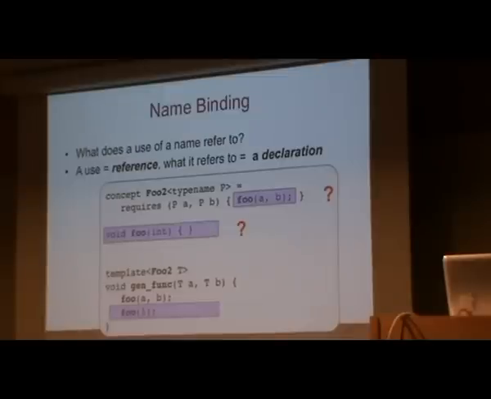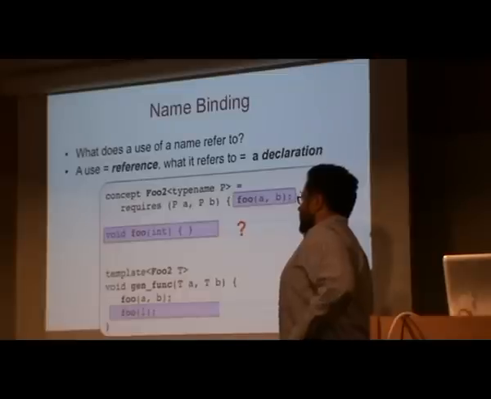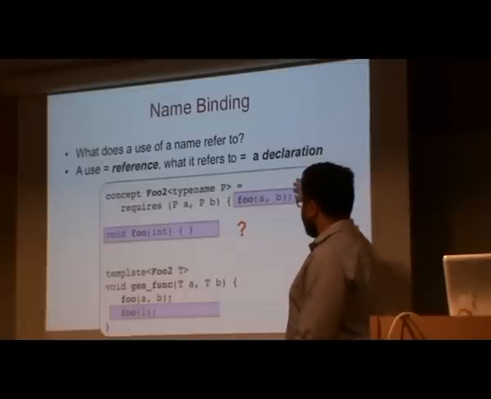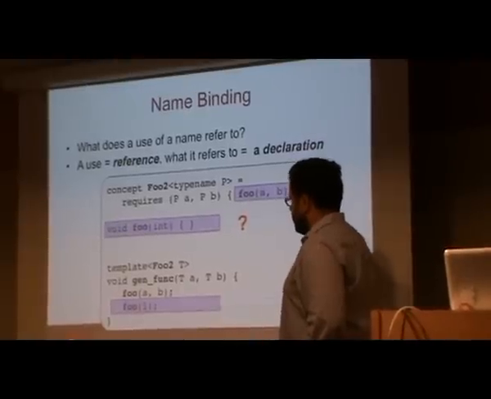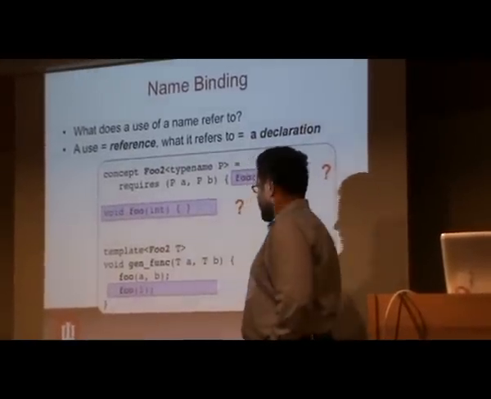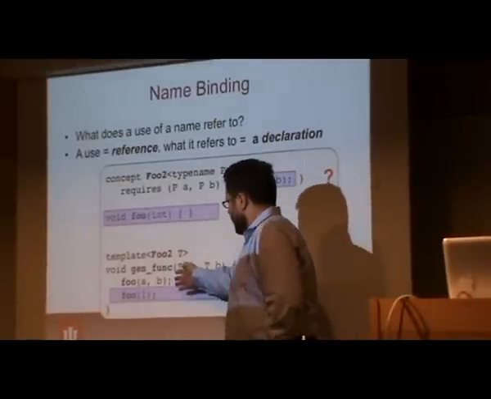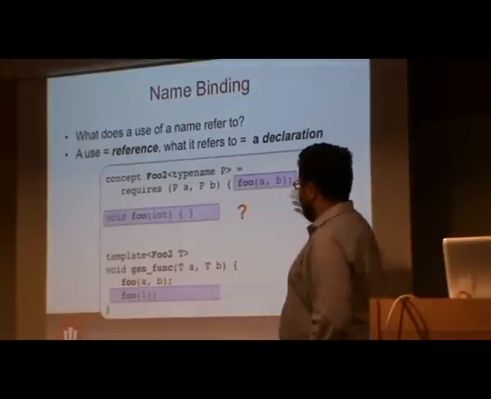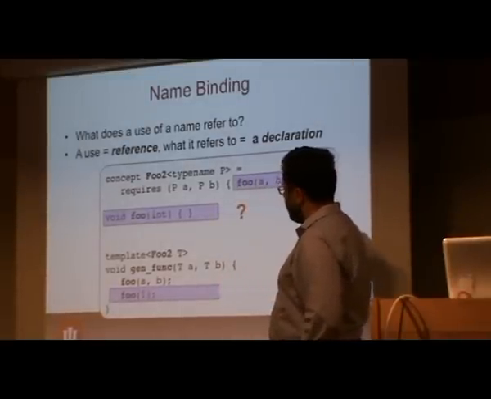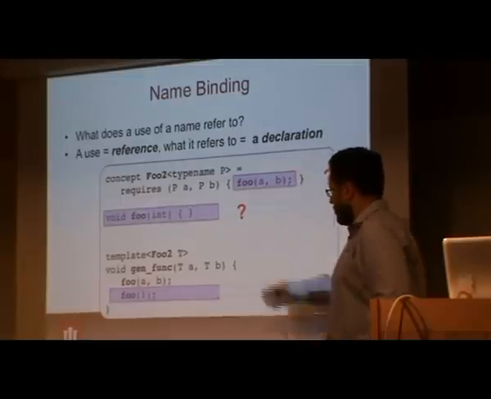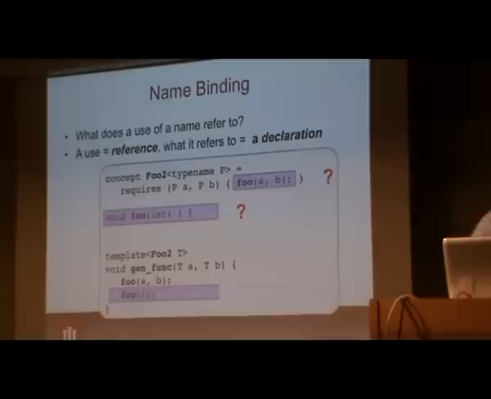Here's another example. This is based on a concepts extension to C++, where one can declare concepts with a bunch of interface available to templates, and then one can constrain template parameters and use this interface. And here the question is, what happens when we want to call a function that has the same name from an external scope, not from a concept? Is this function hidden, or are we able to call it? This is just an example here.